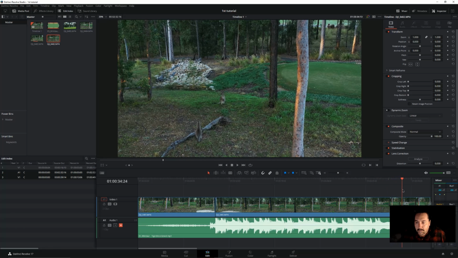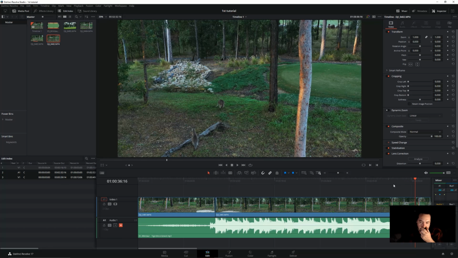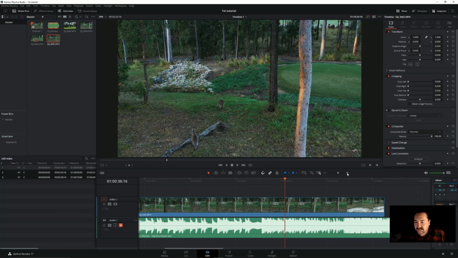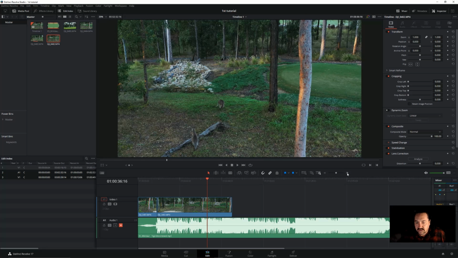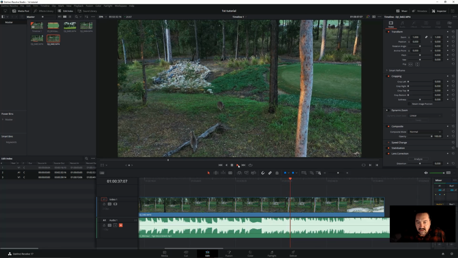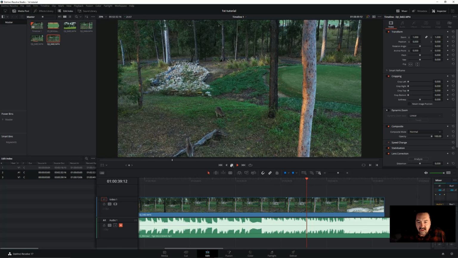Now in this section here, you've got your plus and minus, right? So you can zoom in and zoom out, which you can on a lot of programs. It's all very basic and standard stuff, to make your project a bit smaller so it's more manageable to have a look at. I find that when you zoom in is when you're doing your fine stuff, so it makes it a lot easier to work that out. But anyway, we'll keep it at that, and we'll just play that through, and